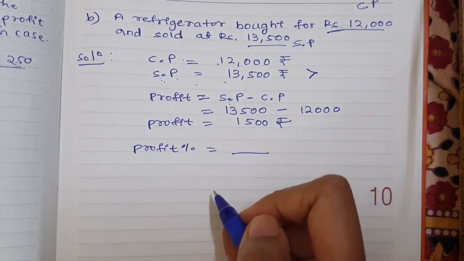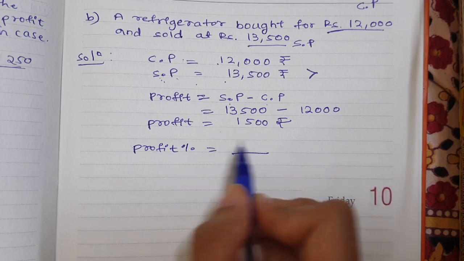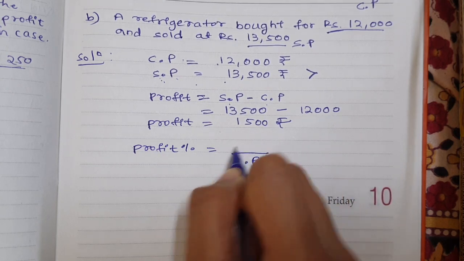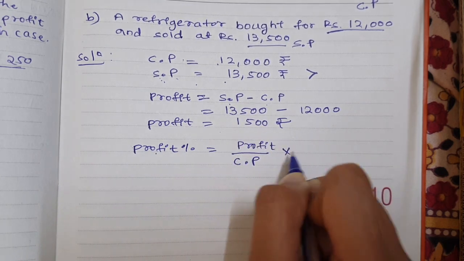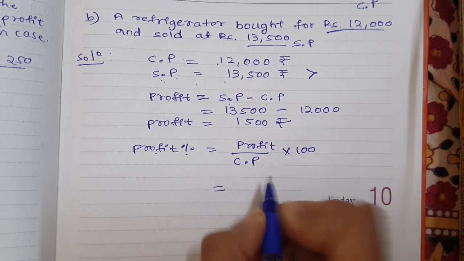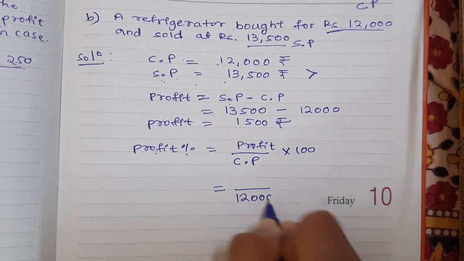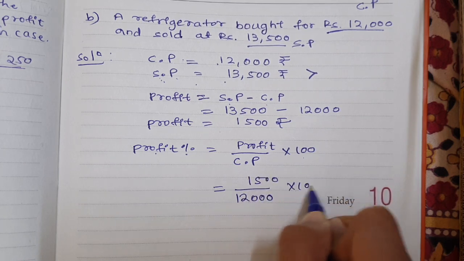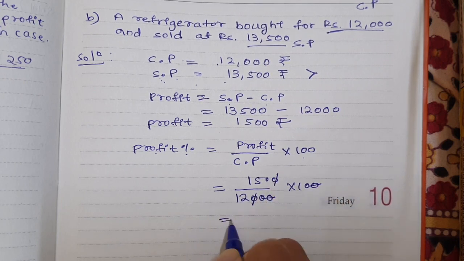What is the formula to find a profit percentage? I have mentioned the formula for profit percentage in the previous example. We have to write CP in the denominator, and since we are finding the profit percentage, we write profit in the numerator and multiply this with 100 because we are writing this in the form of a percentage. Now CP means cost price, 12,000. Profit is 1,500. Now multiply this with 100. These two zeros, this zero got cancelled. So we got